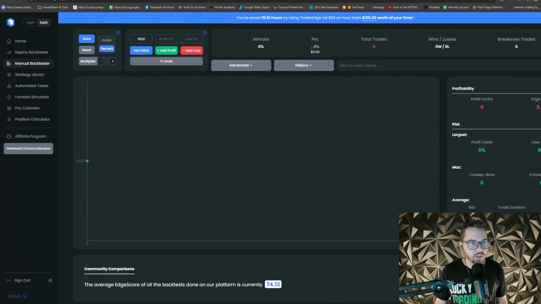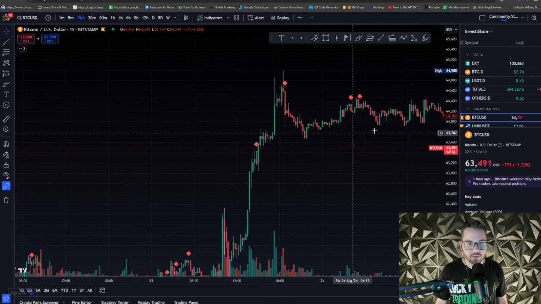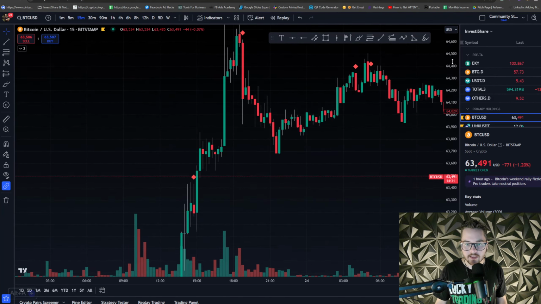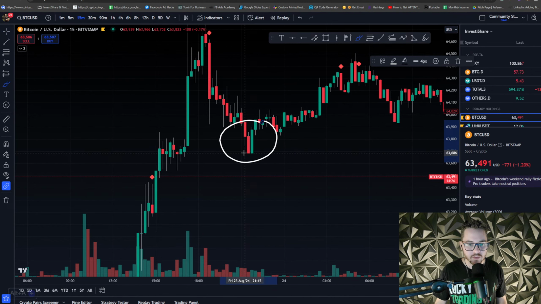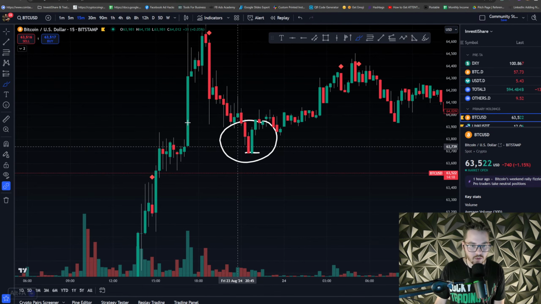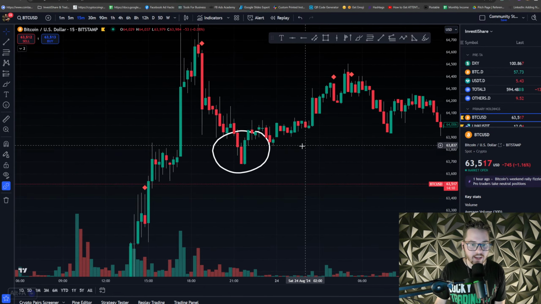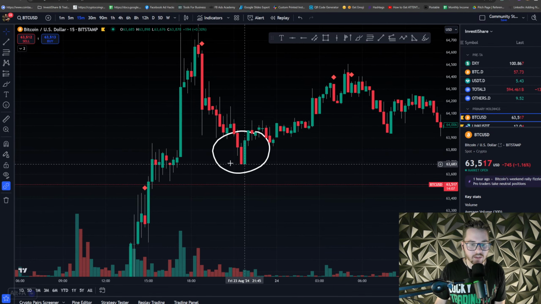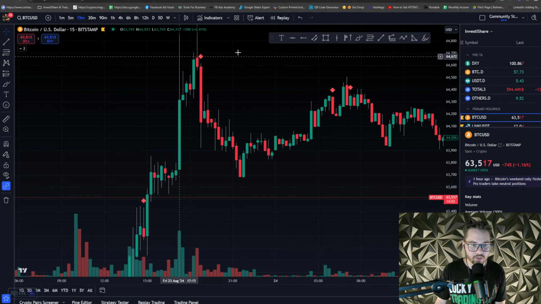For those of you who don't know what a tweezer top or bottom is, they're very easy to identify. Well, here's one right now. This is an example of a tweezer bottom. It's when you have a candle close, and the next one opens at basically the equal price and immediately reverses. Your goal is to see the least amount of wick price action as possible. It's basically a lack of price acceptance, and normally comes with a strong buy wall in that location. For a tweezer top, it would be a very strong sell wall,